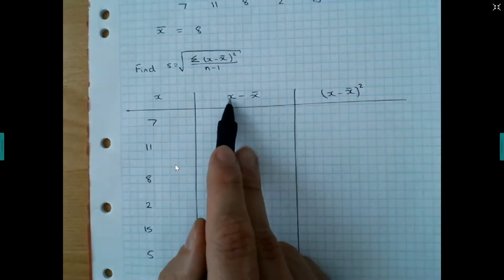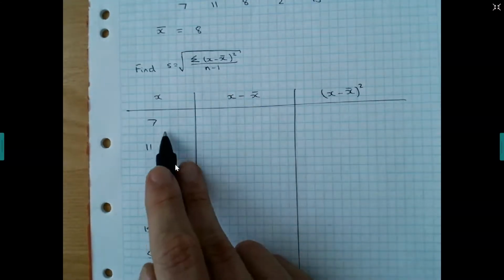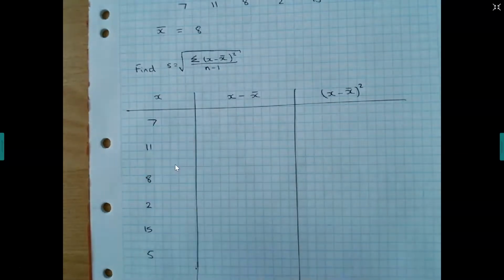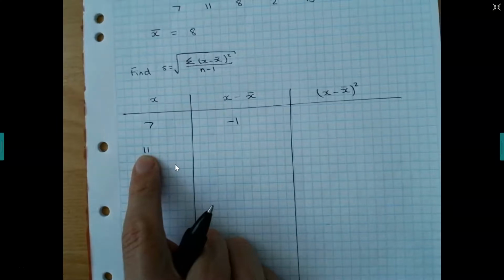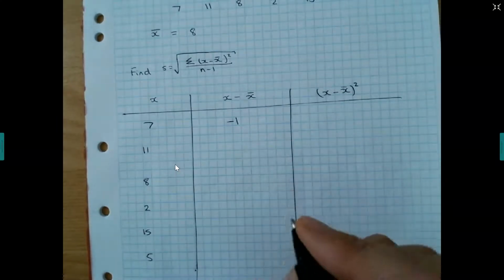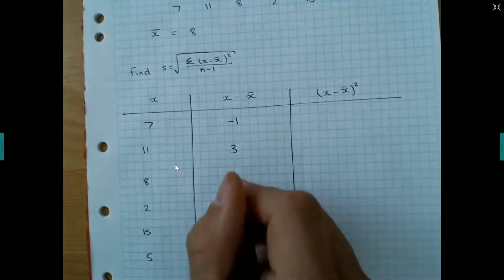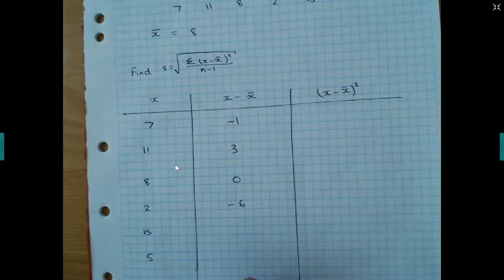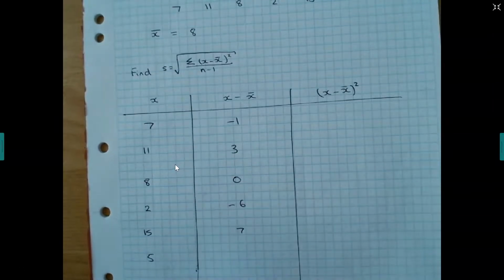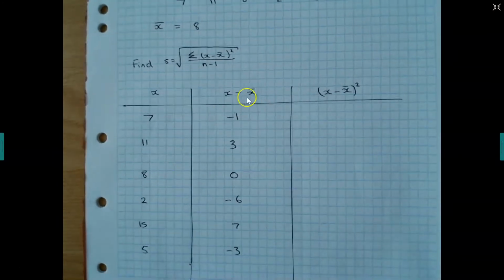So let's take this data point and subtract the mean away from it. So our mean was 8, so 7 minus 8 is going to be negative 1. Then 11 minus 8 is going to be 3. 8 minus 8 is 0. 2 minus 8 is negative 6. 15 minus 8 is 7. And 5 minus 8 is negative 3. So I've taken my mean away from each of those data points, and now I'm going to square each of